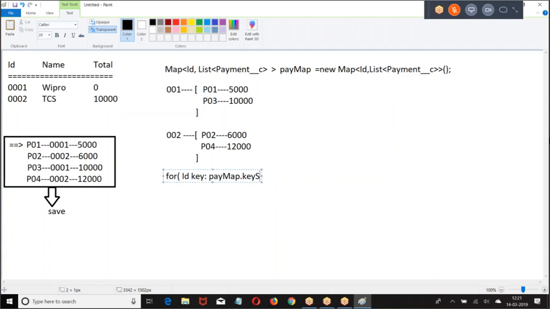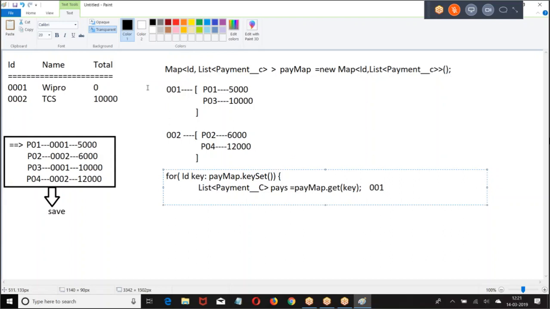Pay map dot key set. What is pay map dot key set? 0, 0, 1, 0, 0, 2. Now I told list of pay is equal to pay map dot get of. So if I give 0, 0, 1, what are you getting? This set of records will come. Am I right? For 0, 0, 1, this set of records will come.